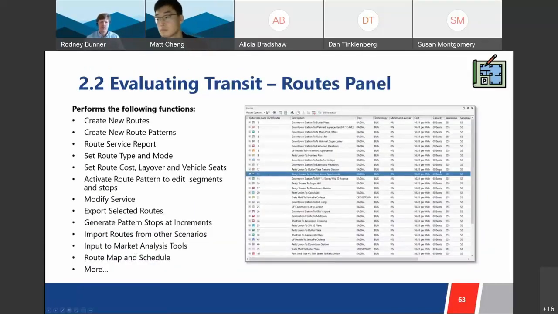Okay, so we mentioned the routes panel. So here is a screen capture of the routes panel. You can see that it has all the routes listed, and it has their description, their type, the route type, the technology type, a minimum layover as a percentage, the cost per mile or per hour you would set depending on what you set here, the capacity of the bus that serves this particular route, and then on down you